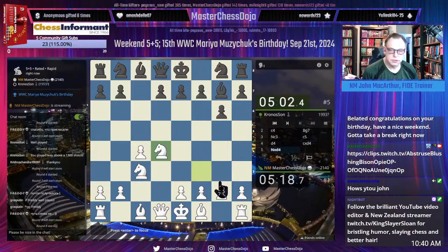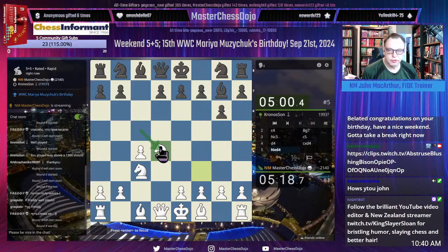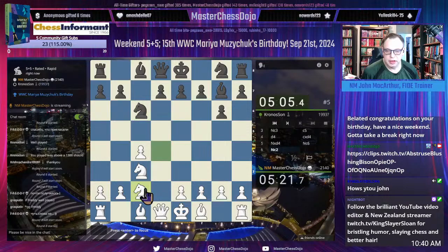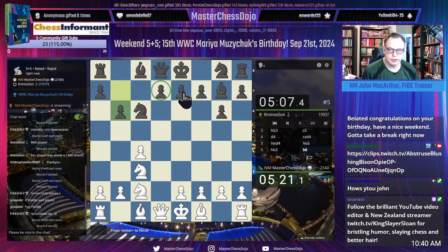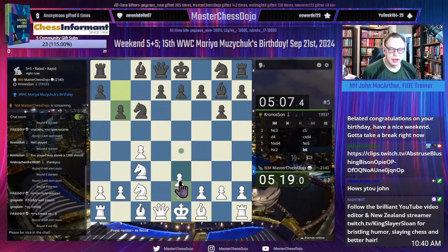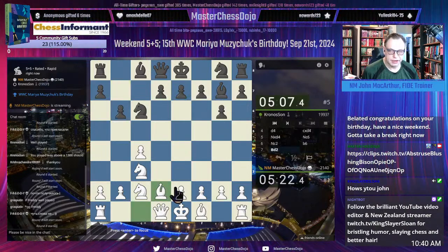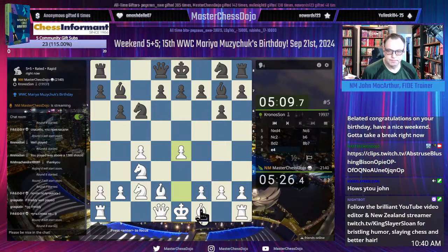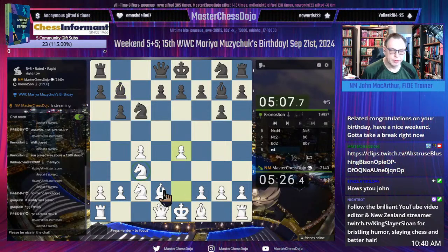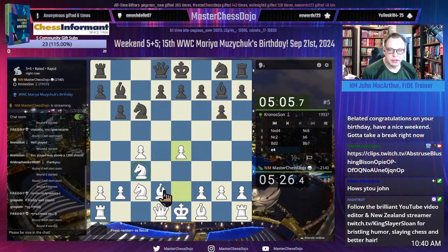Yeah, good players. Krishna Chandra. You see how good players exchange their side pawn for the center pawn? Now he has two center pawns and a relatively significant advantage. I'm just preventing any doubling of my pawns.